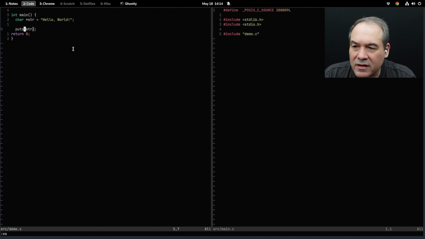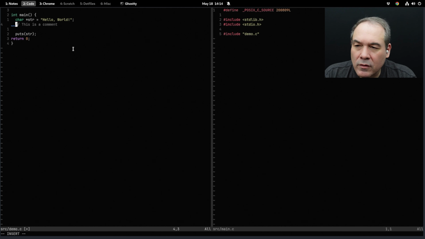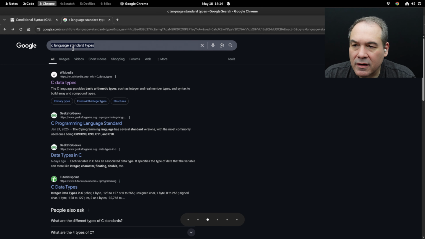Because if I did this, it would be the pointer dereferencing that pointer's value, which is dereferencing the beginning of the string, HEL. I don't know. Not 100% sure. But what are all the different ways you can define